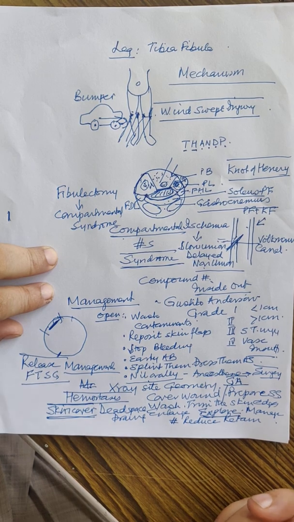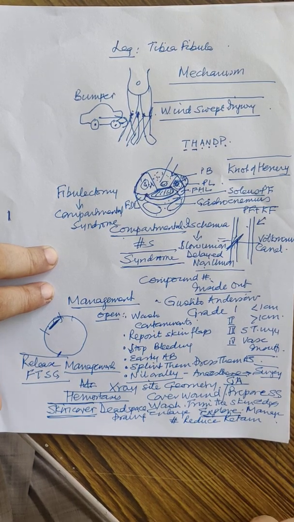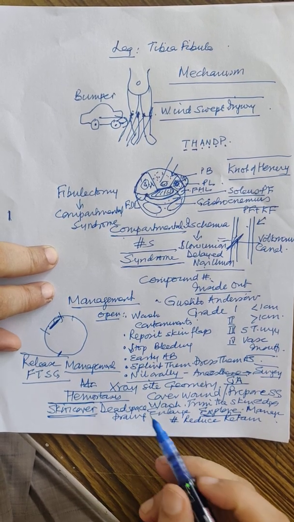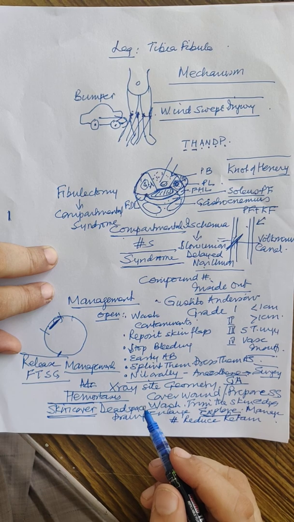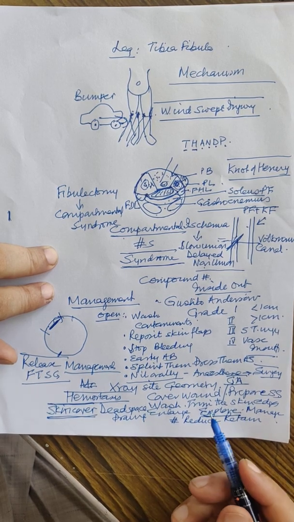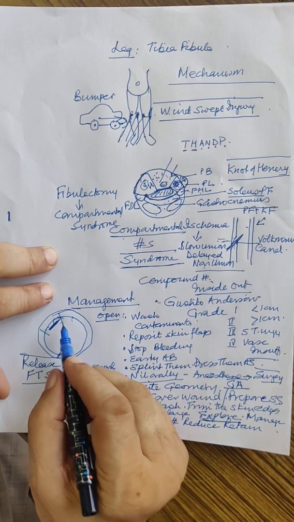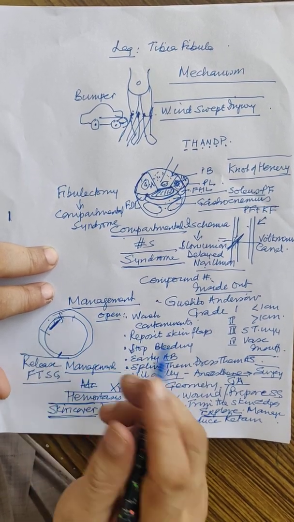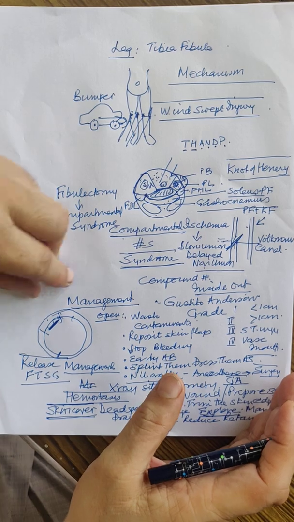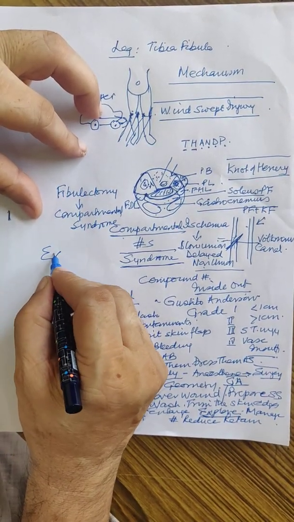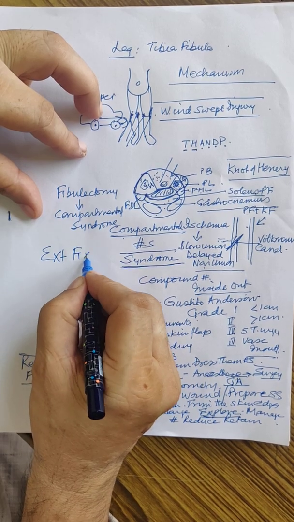But in wounds where there is obvious infection or which are more than 6 hours old, or where you find that there will be a lot of collection, in those wounds you leave them open and close the whole thing in a plaster. So if you close in the plaster, the wound would heal and the fracture would heal, both would heal. The other alternative is external fixator.